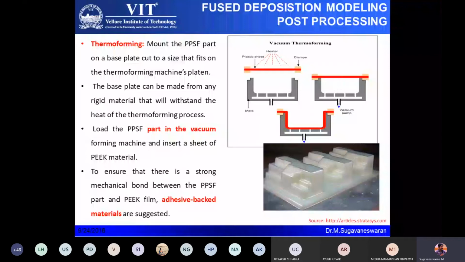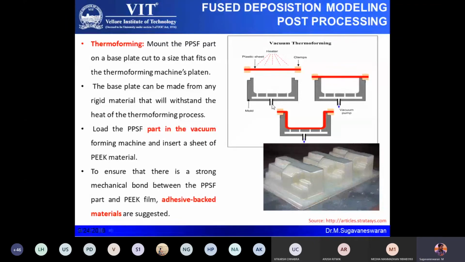You take a part, and on top of the part you keep a plastic sheet, any plastic sheet which has a low melting temperature, and heat the sheet. The FDM part is kept at the bottom, and there are multiple holes in the FDM part. These holes are connected to a vacuum.